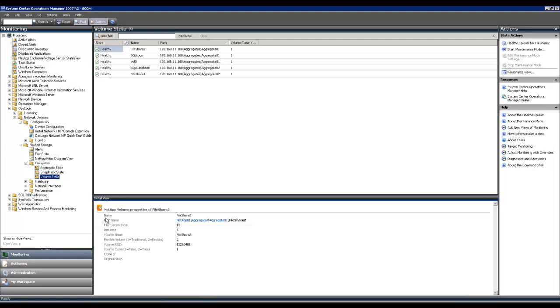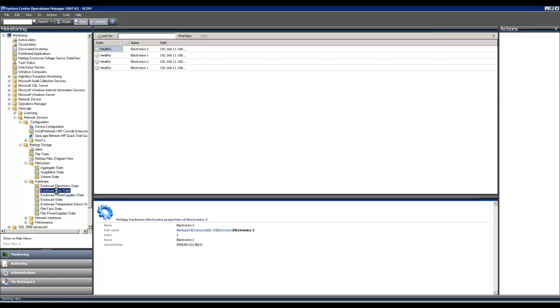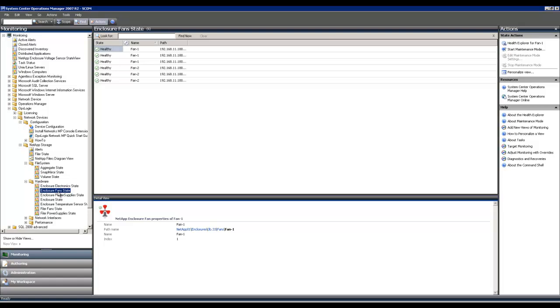The volume state, which kind of volume it is, on which aggregate it's running. The enclosure electronic state, on which enclosure it's running, the serial number, the enclosure fan state,